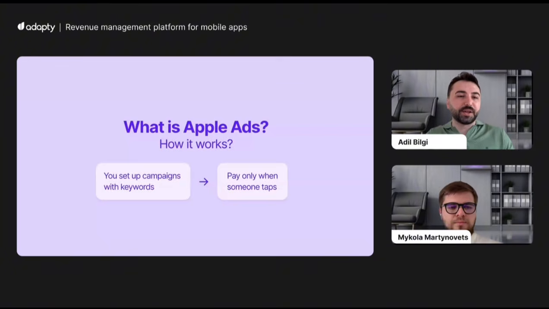Okay, so in a nutshell, Apple Ads is one sentence. You show up at the top of your store search results when someone types a keyword that matches your ad, and you only pay if someone actually taps your advertising. So it differs from all other channels: pay per tap, not per impression, which is a fundamentally different model from almost every other channel